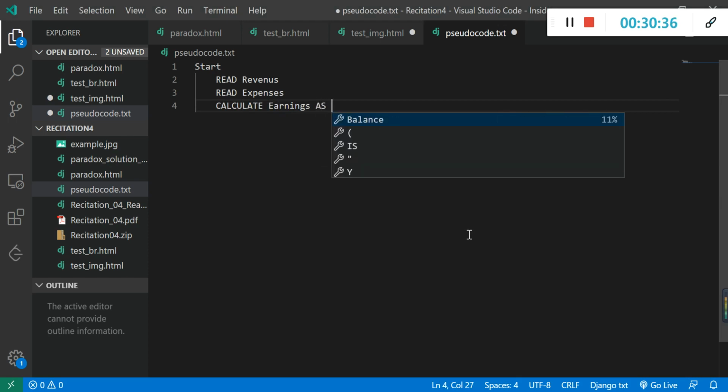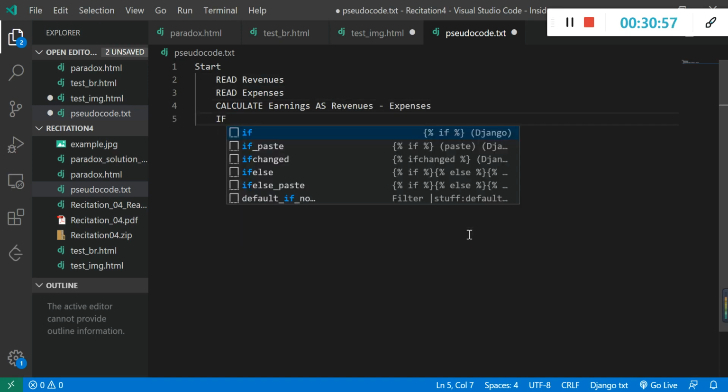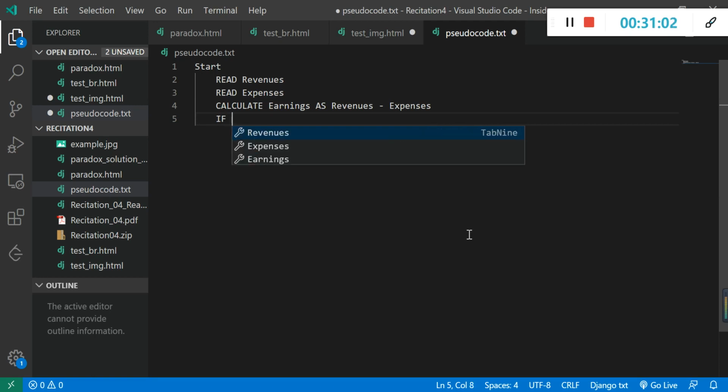You need to remember AS is also in capital letters. Okay, then we need to do a decision, and the format is if-else, right? So IF is also in capital letters. IF earnings smaller than